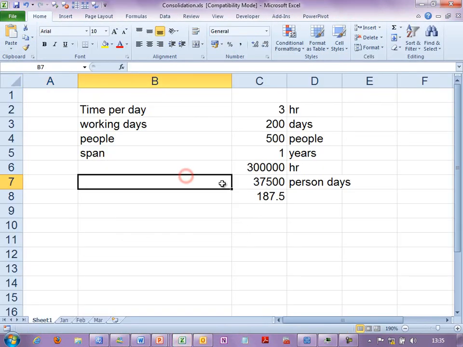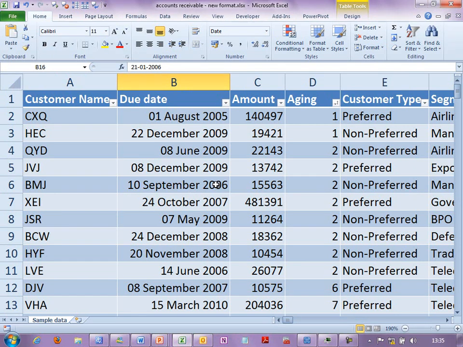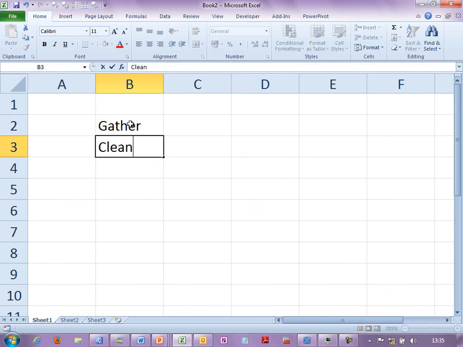Alright, so let's go to Excel. Now what do we use Excel for? Many things. But if you really look at classifying, what we do is we first gather some information. Very often the way we gather it, it is bad. The formatting is not good. It's not usable format, so we have to clean it.